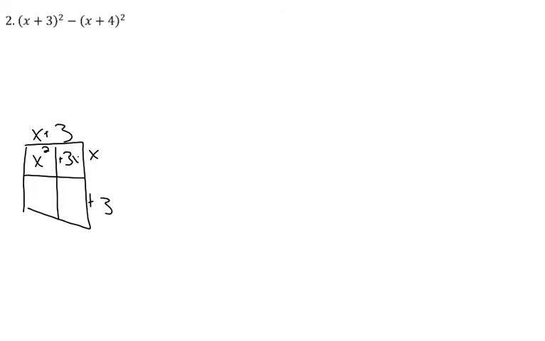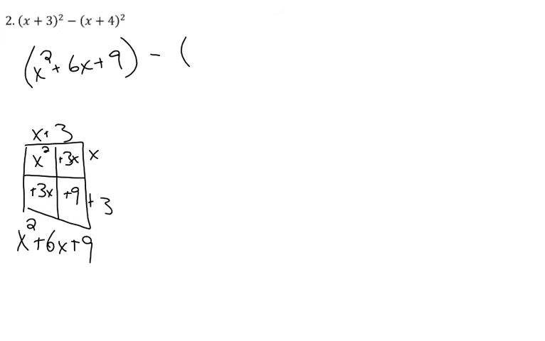X plus 3 squared minus x plus 4 squared. So following the order of operations, I need to square these first before I subtract them. So how do I square x plus 3? Well, x plus 3 squared is x squared plus 3x plus 3x plus 9. So it's x squared, combine your like terms, plus 6x plus 9. So I have x squared plus 6x plus 9